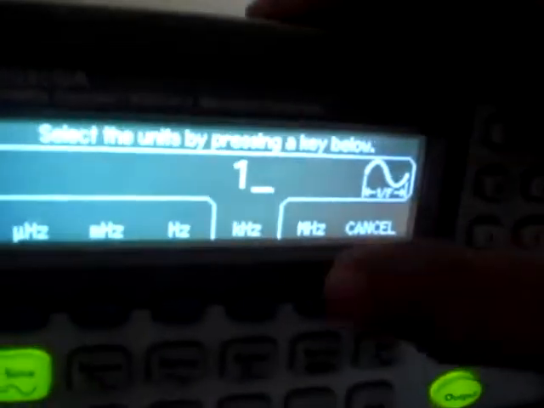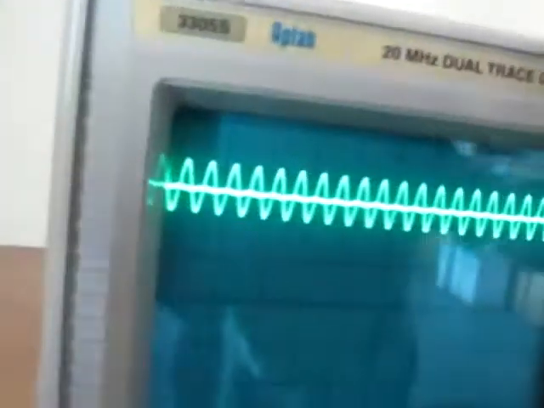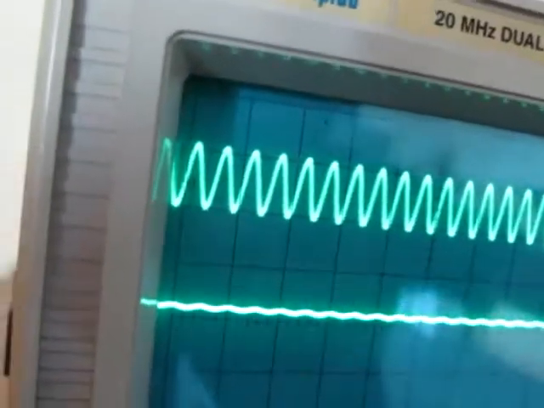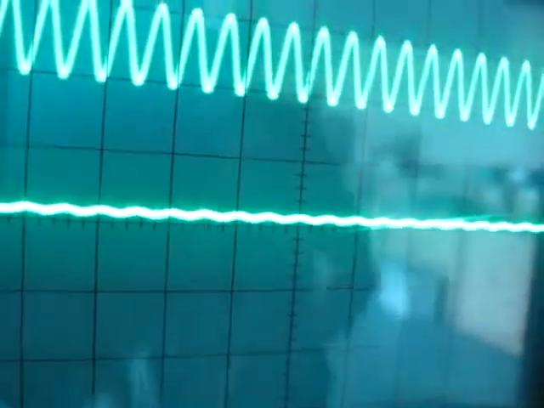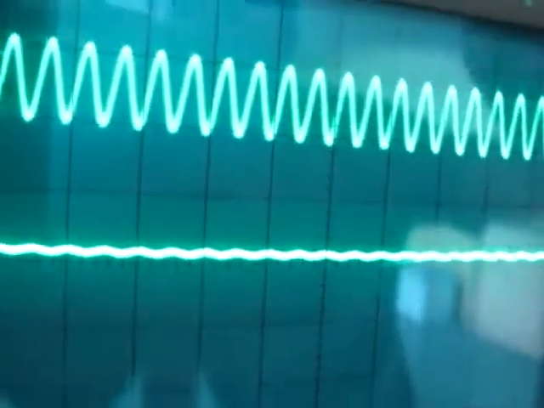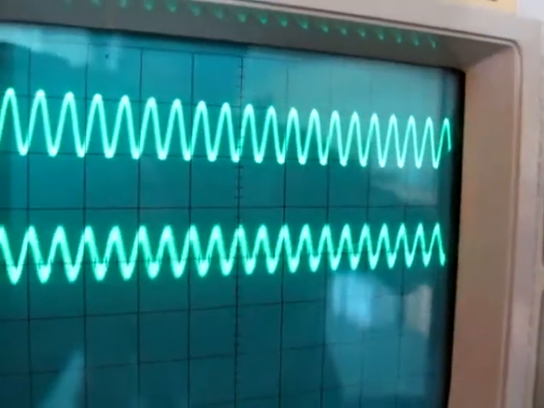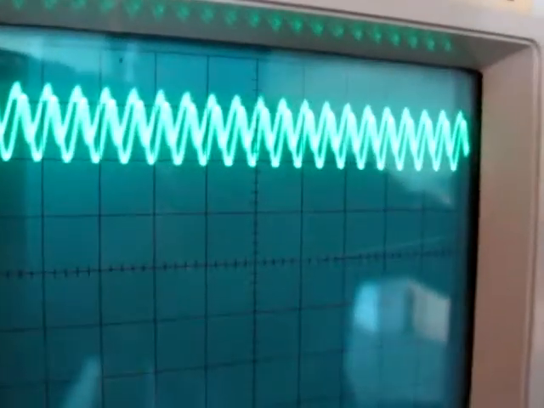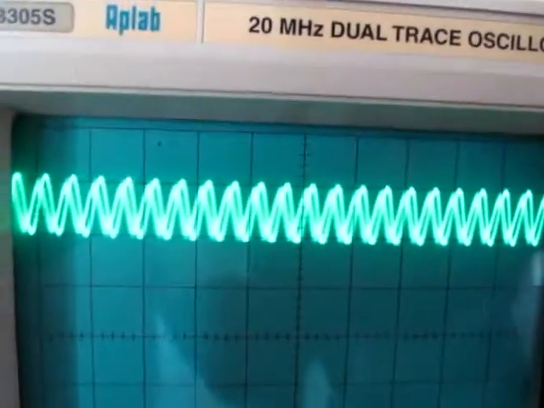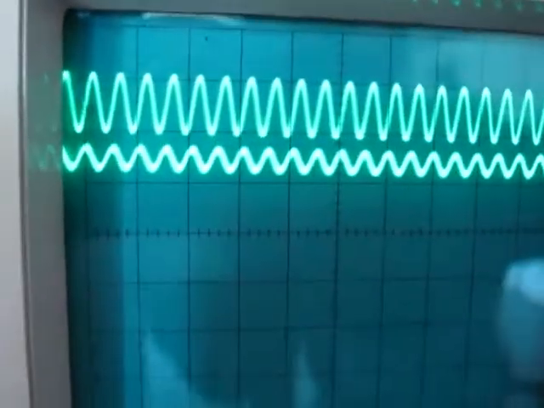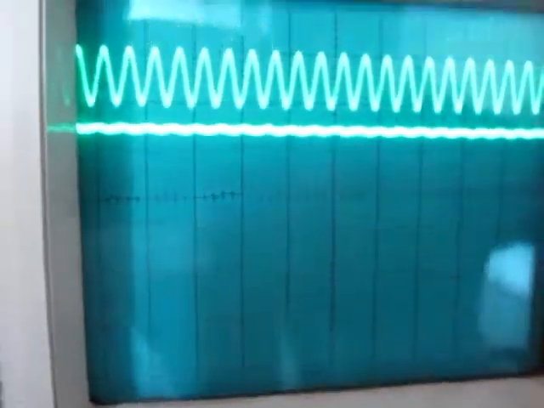Now going for the highest frequency, 1 MHz. And look at the output signal. It has completely attenuated and is reaching nearly zero with respect to the input. Even if you look at the phase difference, there is quite a phase difference between them now. And if you look at the magnitude with respect to the same division, look at them.